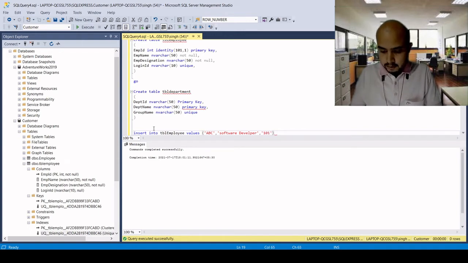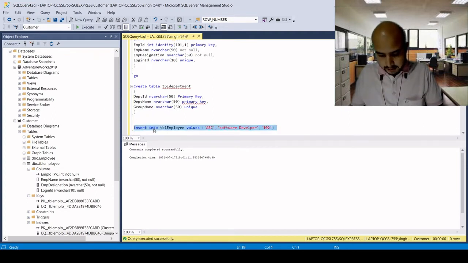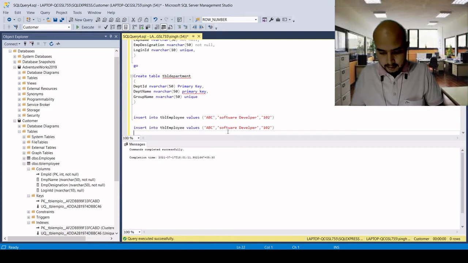Here 102, let's say, insert it. And insert it once again. And insert one more record into it, software developer, and let's say it's 101.